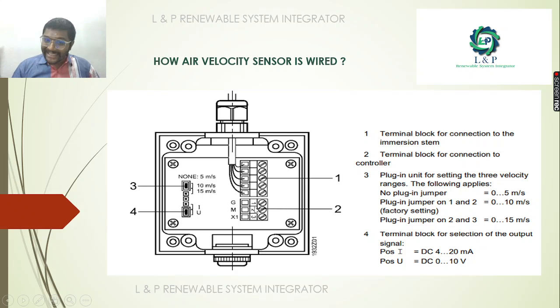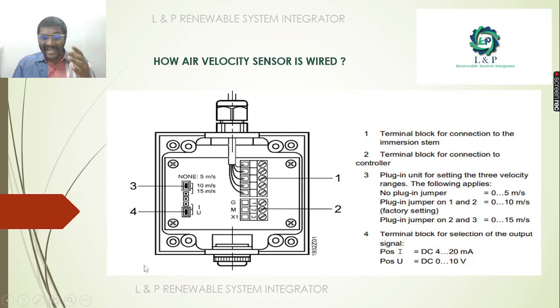It changes based on the configuration that we are going to use. If you are going for 4 to 20 milliamps, the connection will be different. If you go for 0 to 10 volts, then the connection will be different. As we said earlier, with the help of this immersion stem, we can measure the air velocity. It will provide the electrical signal inputs in these terminals, and we can make settings on our own,